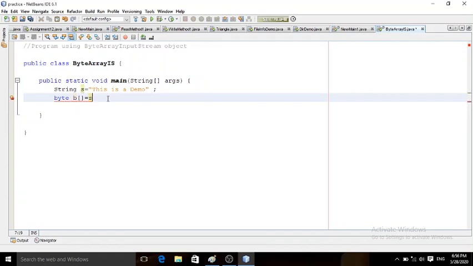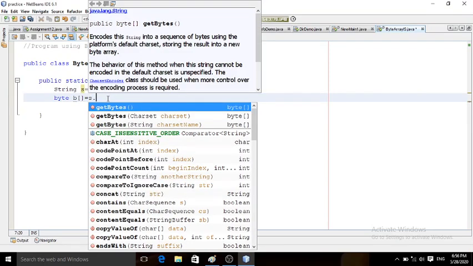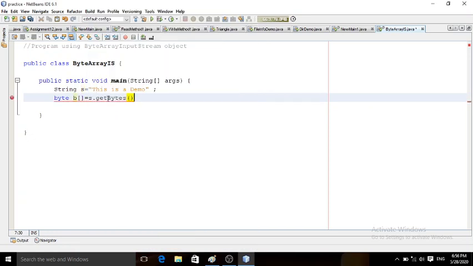I have declared s as my string, s dot, and here I get one method, getBytes. If I use this method getBytes, our entire string automatically gets converted into an array of bytes and is stored in the b array.